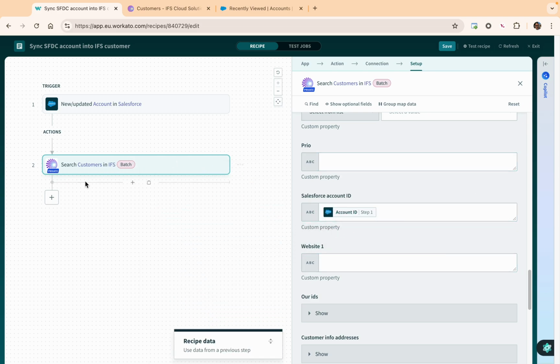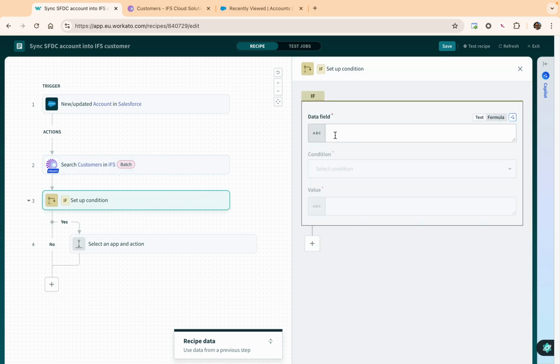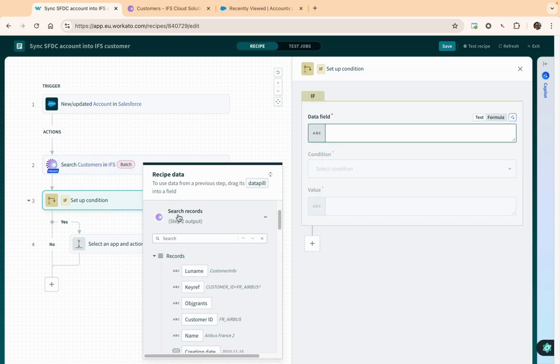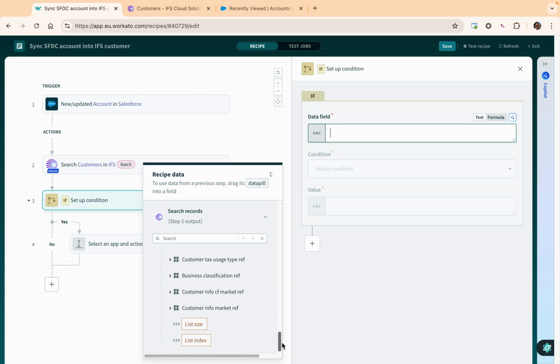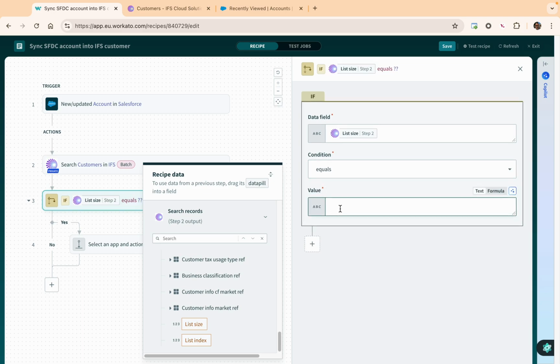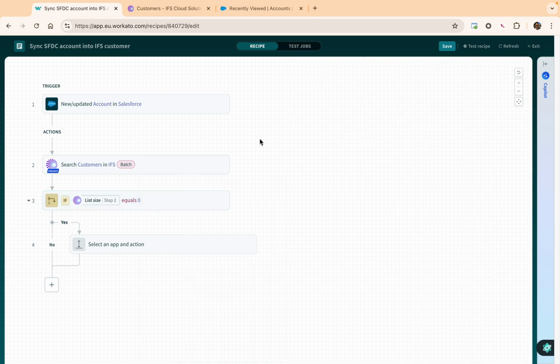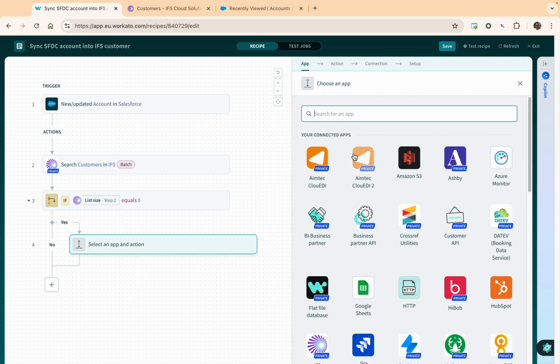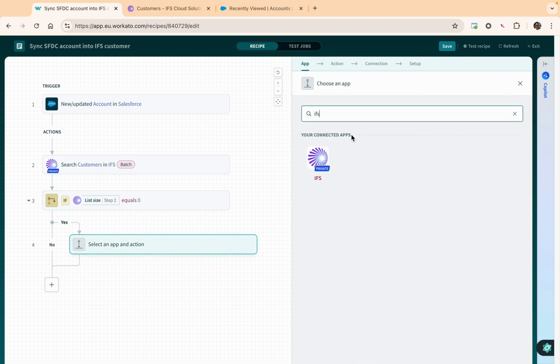Now I can use that result set as an input for my conditional if statement, where I build up that condition. This is the output from my search operation with a potential number of records, and each list in Workato has a list size. And now I can easily check if the list size is 0. And if that's the case, then I know the customer doesn't exist already in IFS. So that means I go and create a new customer in IFS,